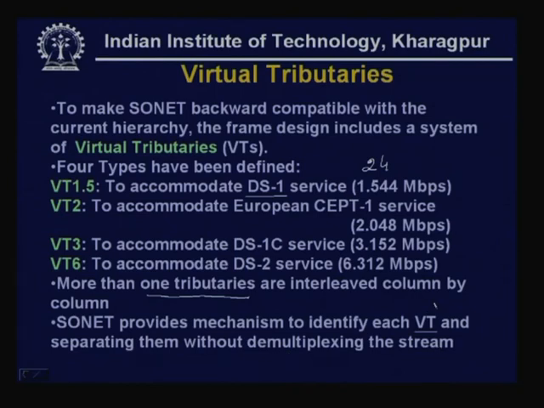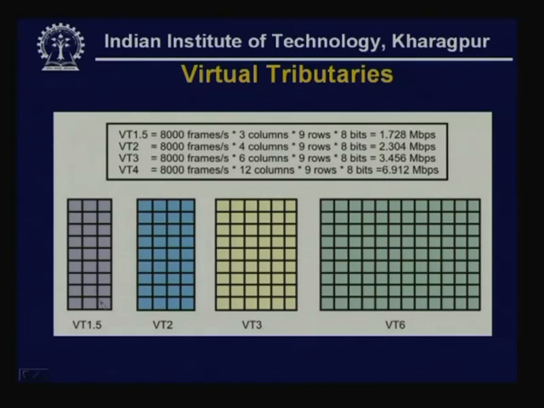That means, based on the pointers and addresses, those VT signals, virtual tributaries, can be separated out and sent to proper destination. So, here the virtual tributaries are shown. This is VT 1.5. If you multiply 1.5, you get 3. That is why it has got 3 columns, and it has got, as you can see,